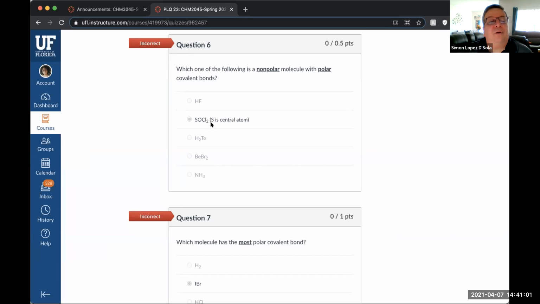Yes. And you have, so the polarization vectors do not cancel. Tellurium pulls electrons from the hydrogen, and the polarization vectors do not cancel. So the molecule is polar. And then after, you have beryllium